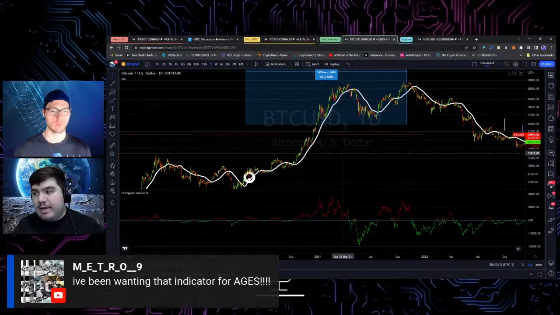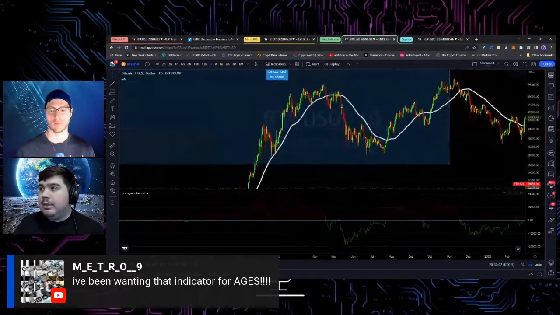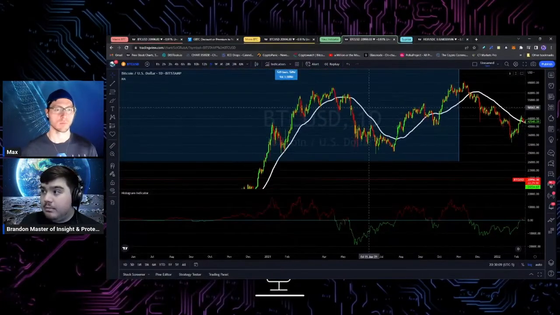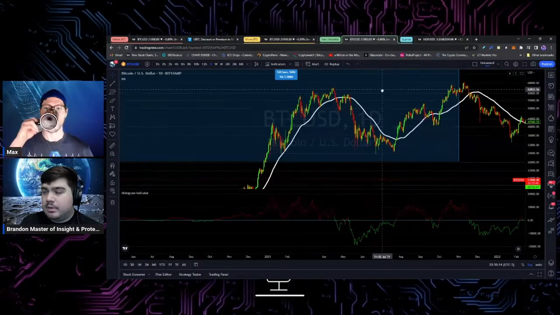The 50-day simple moving average for 2 cycles has proven itself to be extremely noteworthy for, again, 2 cycles. And that is not something to kind of scoff at. That is actually